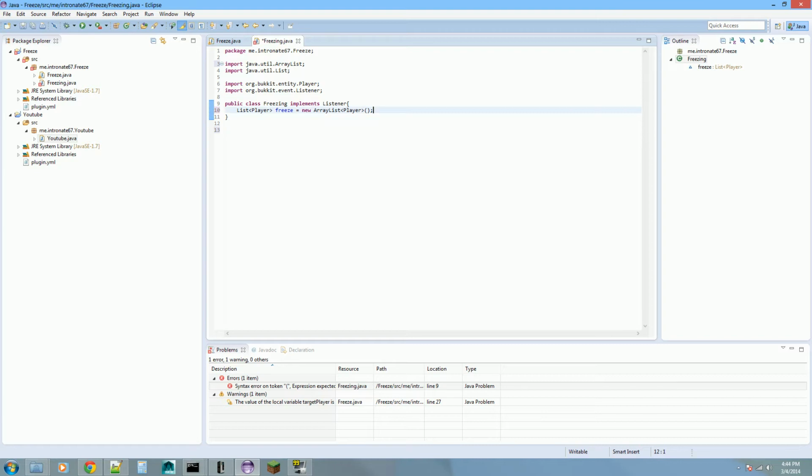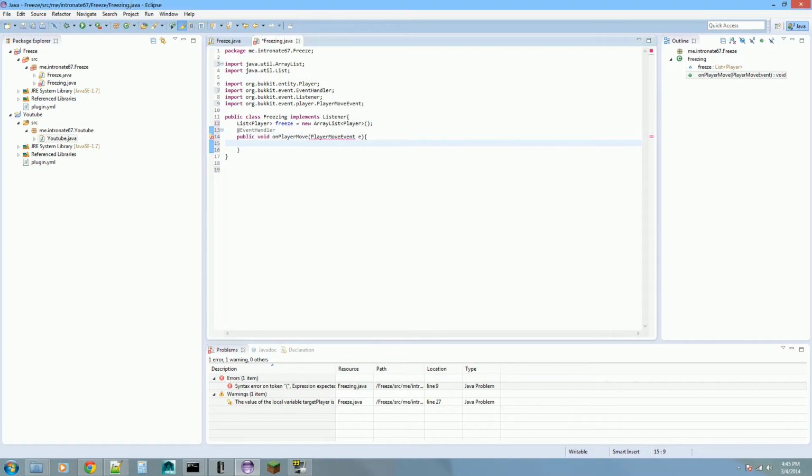No, we don't. Okay. We need an event handler, and this is what I was talking about in the beginning about events. We do a method on player move, and this. Okay, we'll actually import this. This part can be anything you want, but this next part in here has to be the same. Player move event. Now the reason this part has to be the same right here is because, if you see, we put the name over here and do this. We can import this, and if you make that event